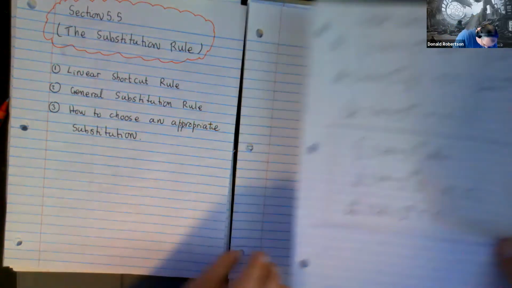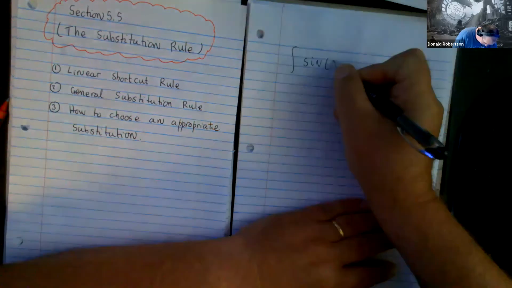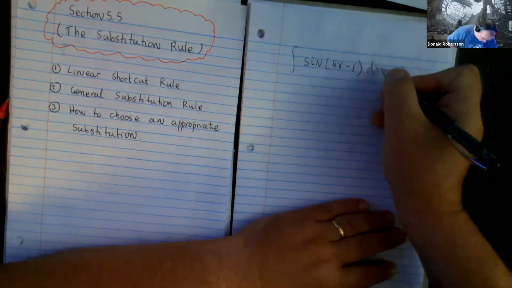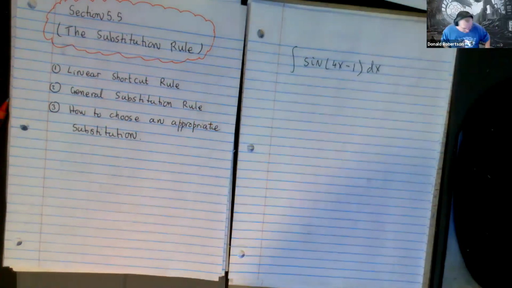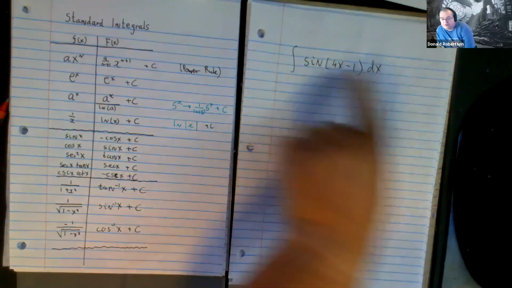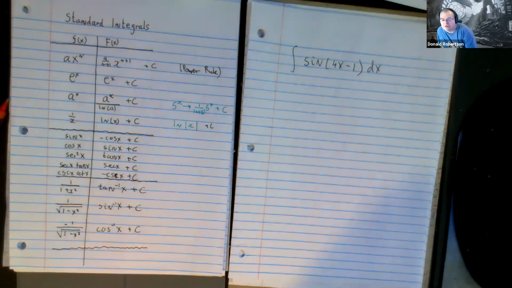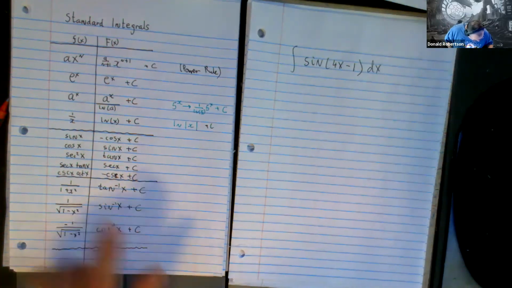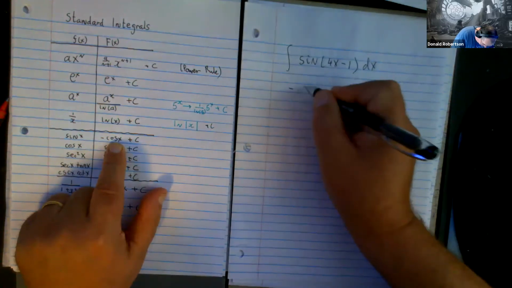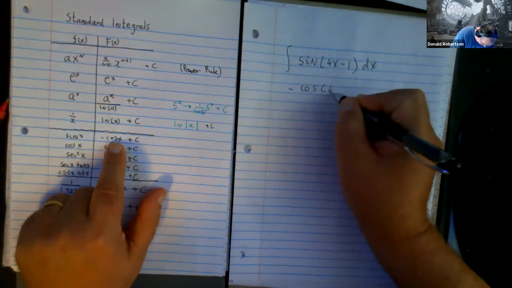So let's try somebody else. We know how to integrate sine x. Let's find out how you integrate sine of a linear combination of x, right? The linear shortcut method. Right. The antiderivative of sine is a negative cosine. So you get that fella